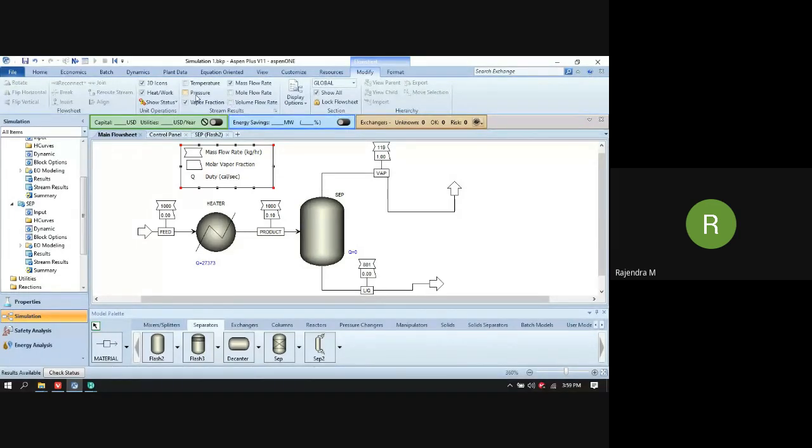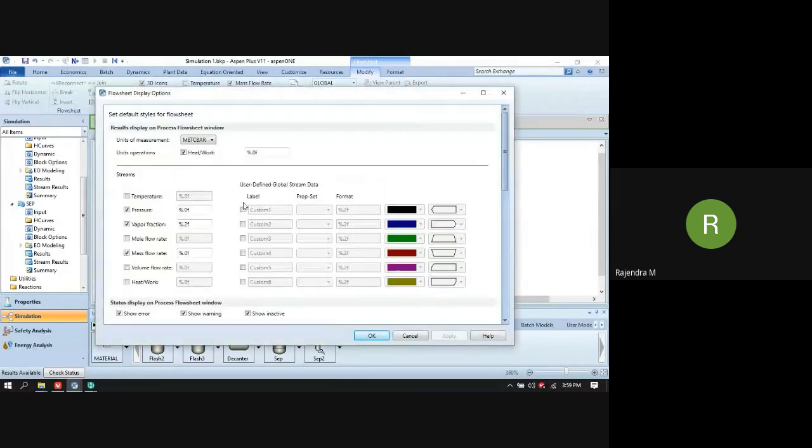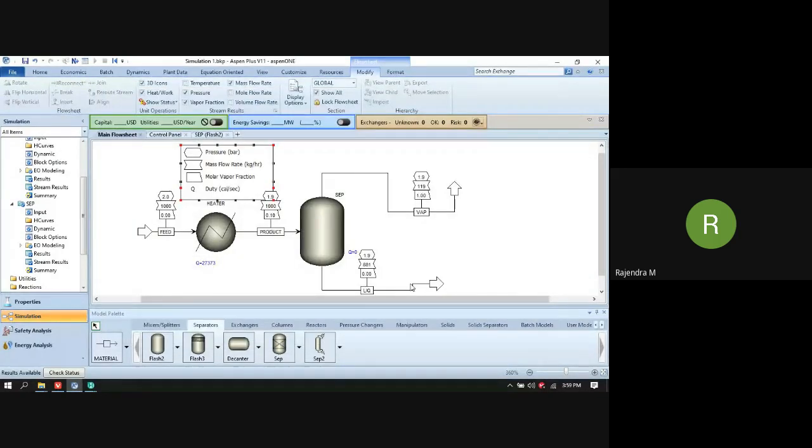And the pressure is the same, 1.9 bar. It is rounded to the first digit, that is 2 bar, here. I can ask Aspen Plus to change the digits also. Okay, it's 1.9 now.